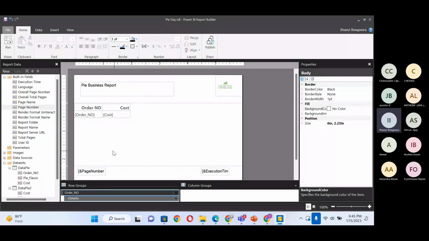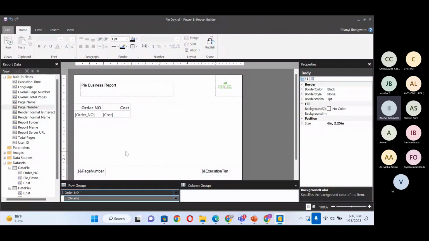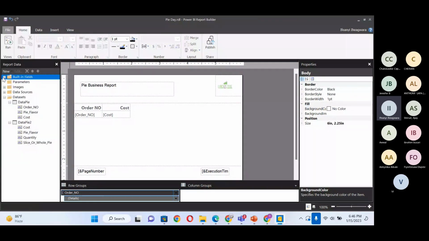Another thing again about Power BI, they have this stuff which we call parameters. The parameter is very similar to a filter. You can filter the data, or you have to put in different parameters before it displays the data as well. You can also do that. So I go to the pie, this data pie. I right click here and I go back to my